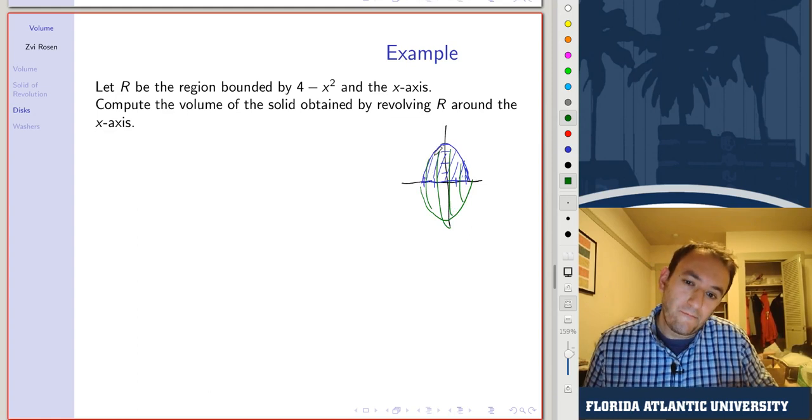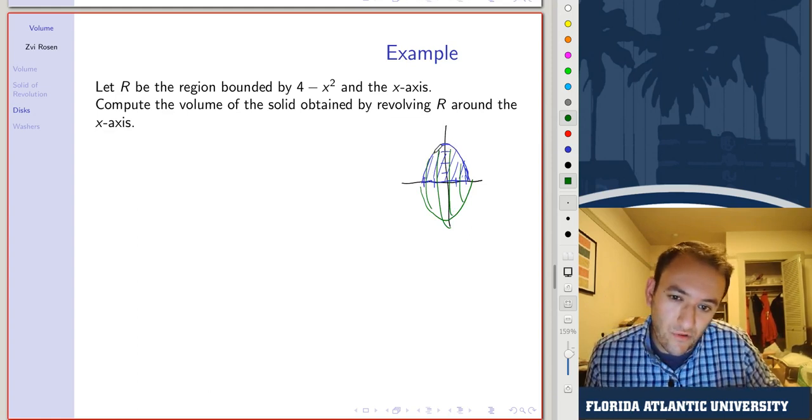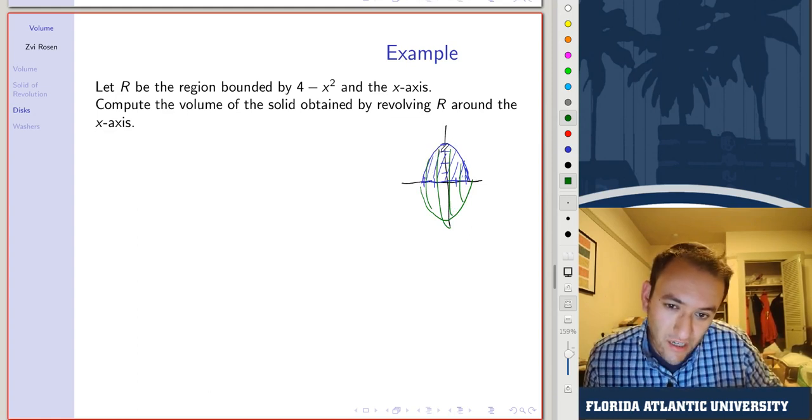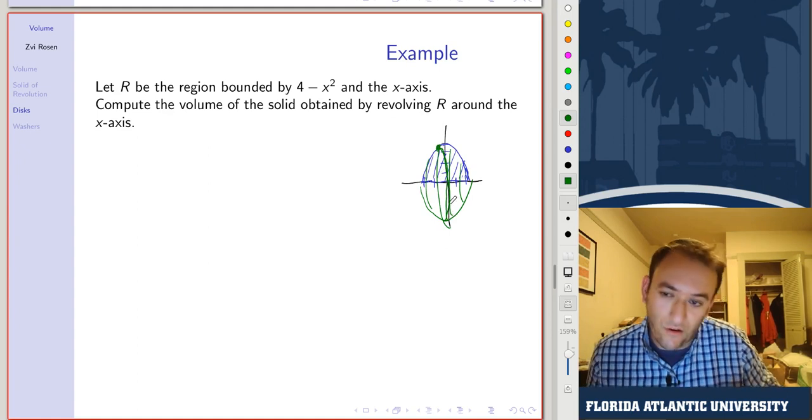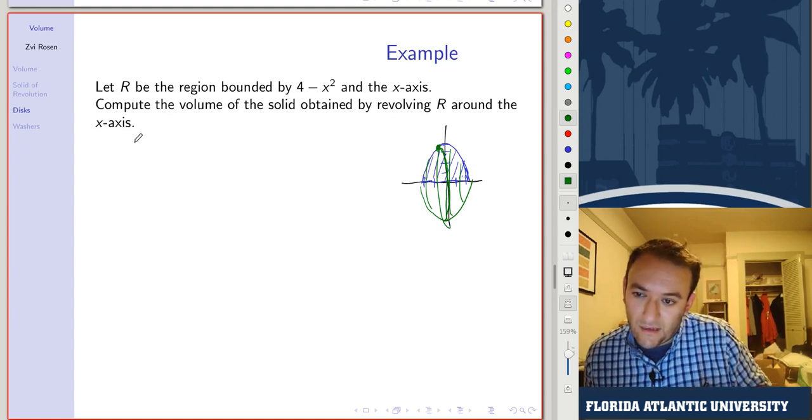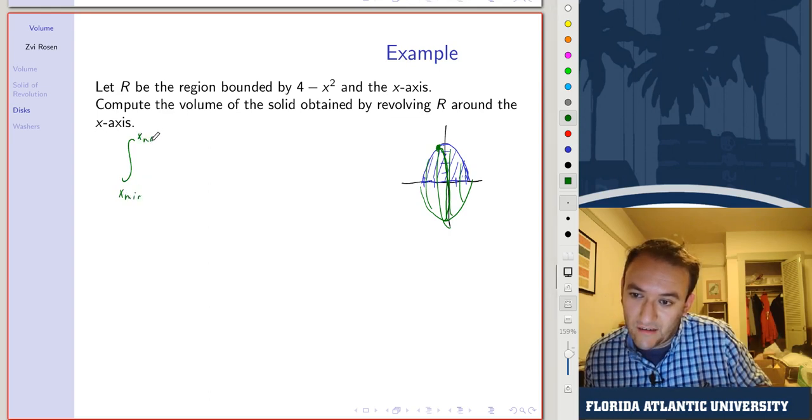If I want to think about an individual cross-section here, I have a disk whose radius is given by the value at the curve. So that's the integral from x min to x max